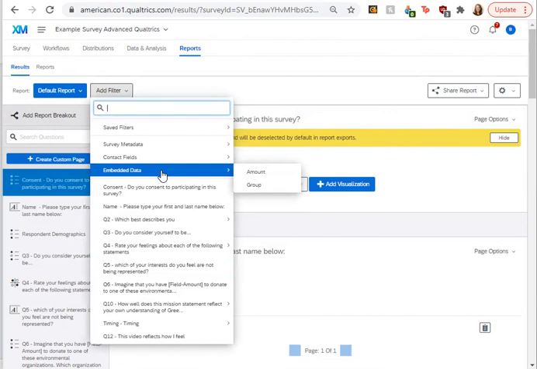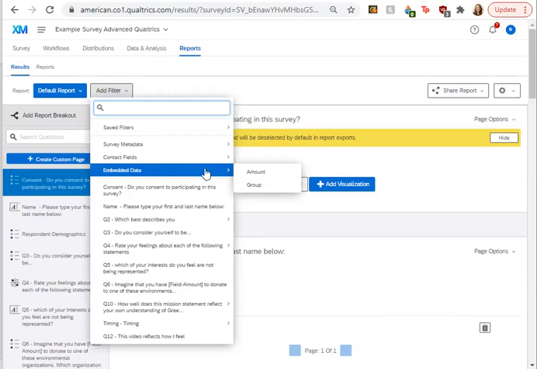So if you used embedded data in your survey where you randomly assigned participants to different groups, and they were unaware that their survey was different depending on what group they were randomly assigned to. For instance, in this survey, some people were randomly given $50 or $500 to donate to an organization.